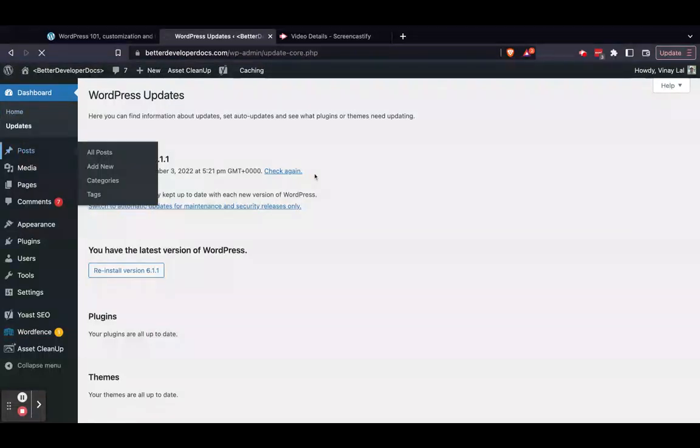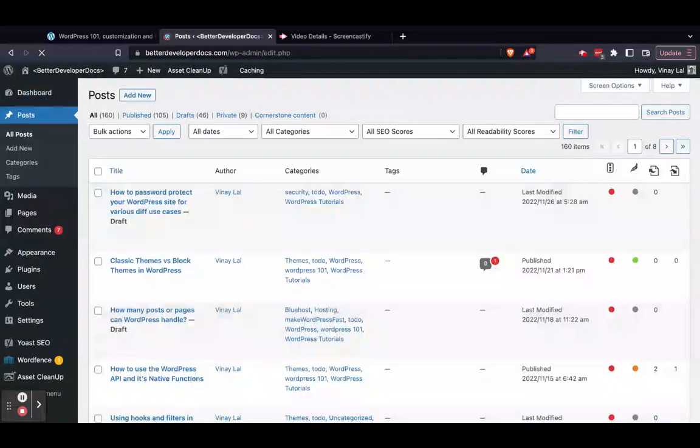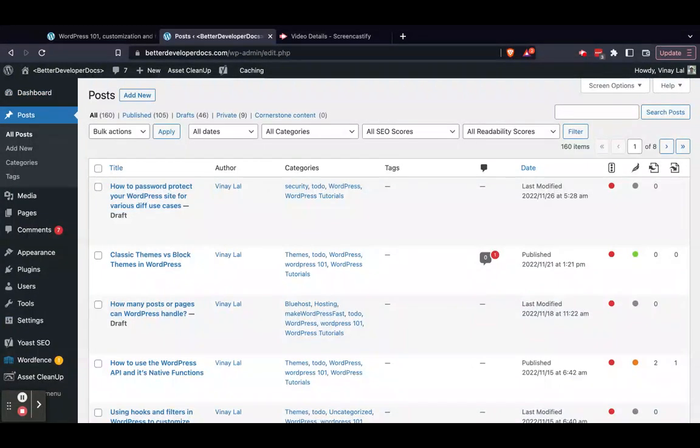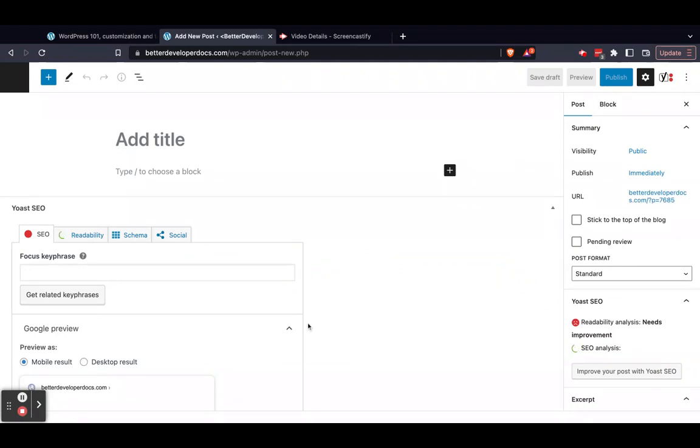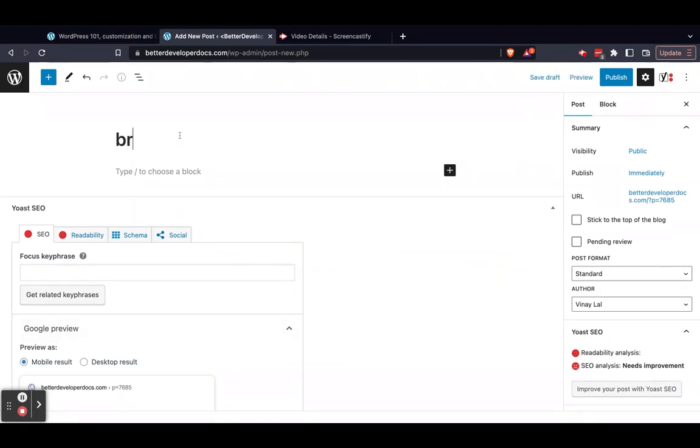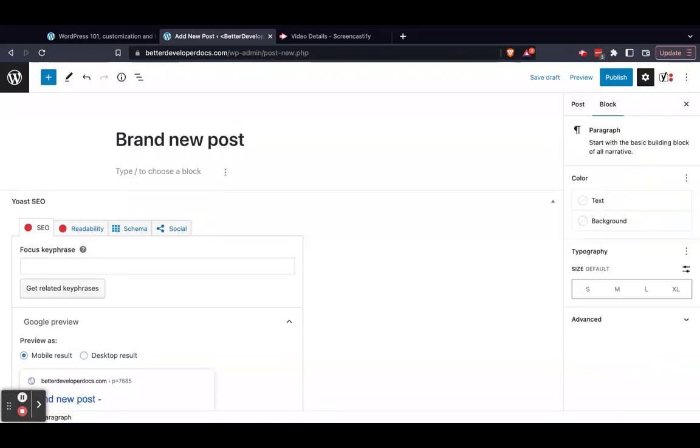So this is where you would create a new post. This is where you would edit an old post. So if you wanted to add a new one, you've got two ways. You can add a new one from here by clicking that. You can add new here as well by clicking this. And this is going to take you through to a brand new page, or post, sorry, where you can start to add